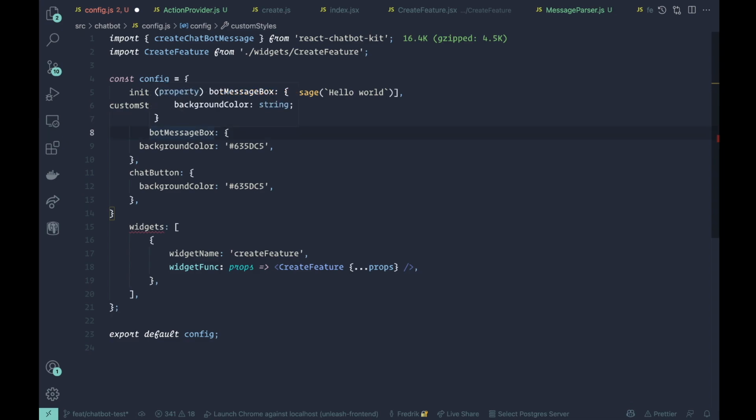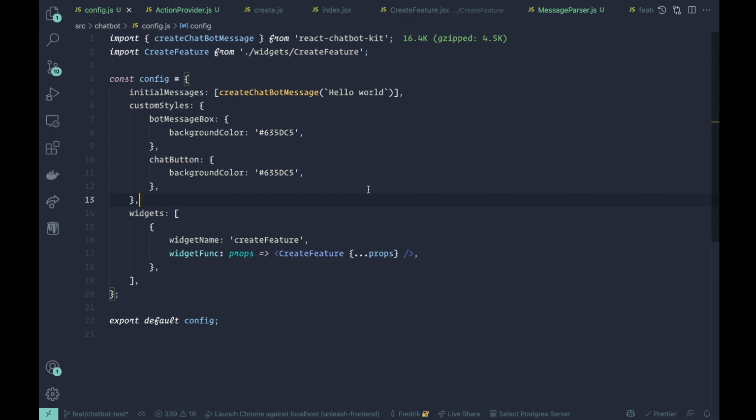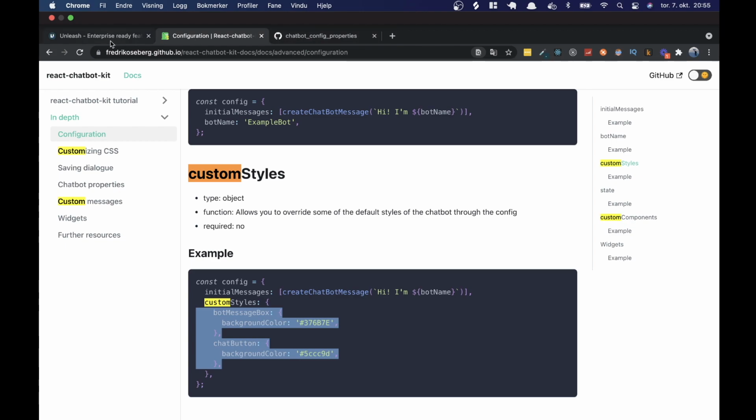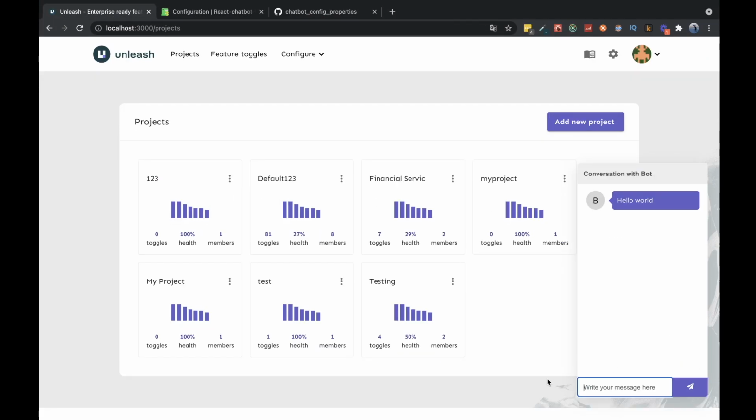So we formatted properly. And now if we go back here, we should have the chatbot in the style of the application. So